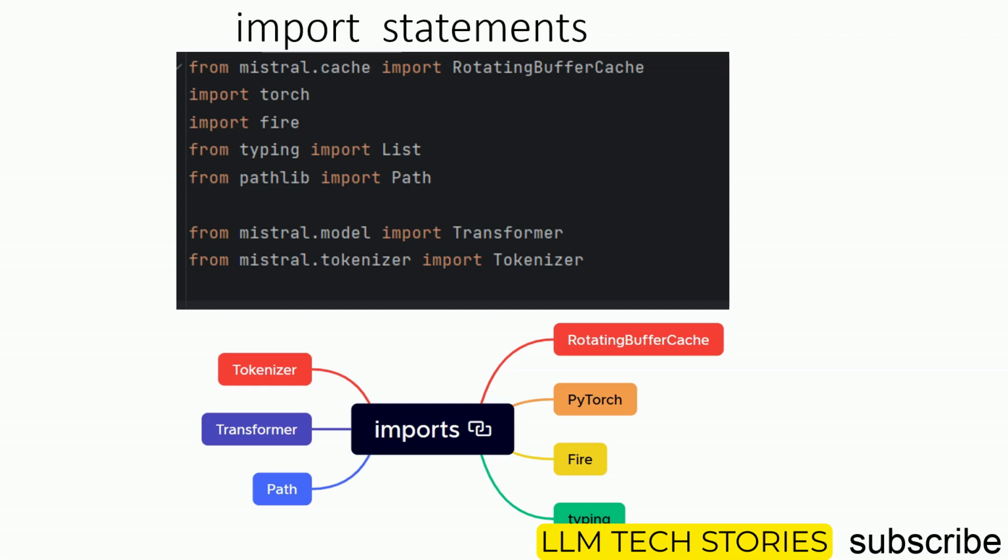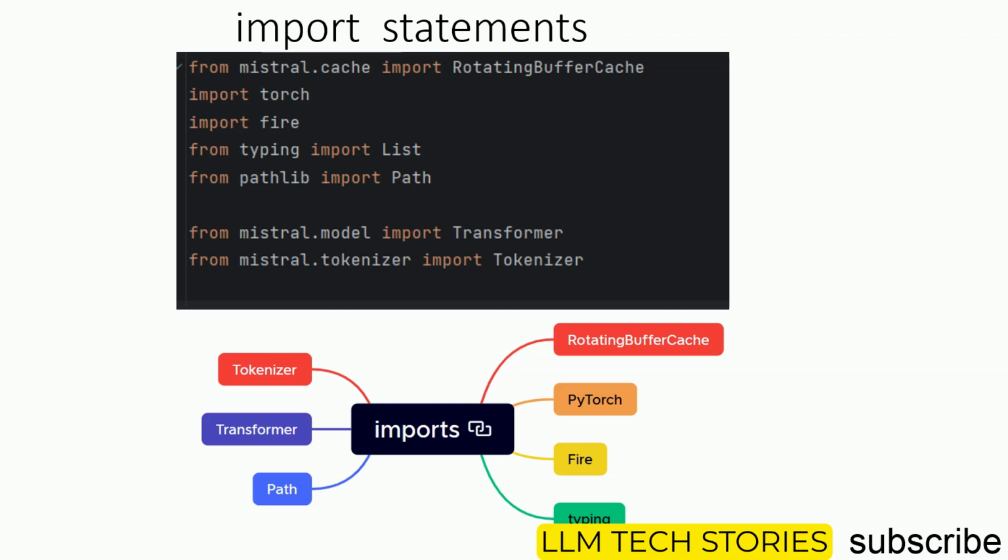The first import statement is basically importing a cache for managing the data, which is a rotating buffer cache. Then it imports PyTorch, which is the library for managing multidimensional tensors, and then Fire, which is a library for handling command line interfaces, and then